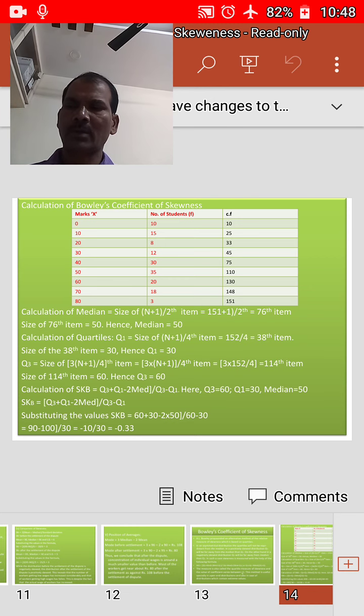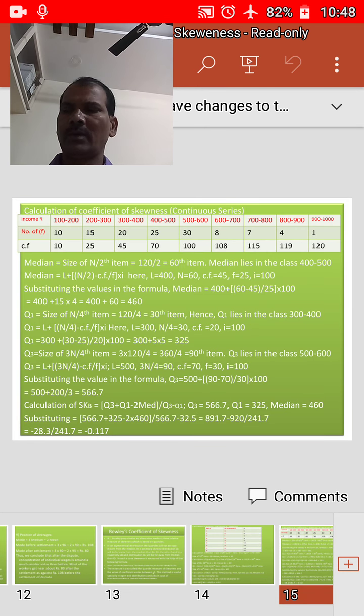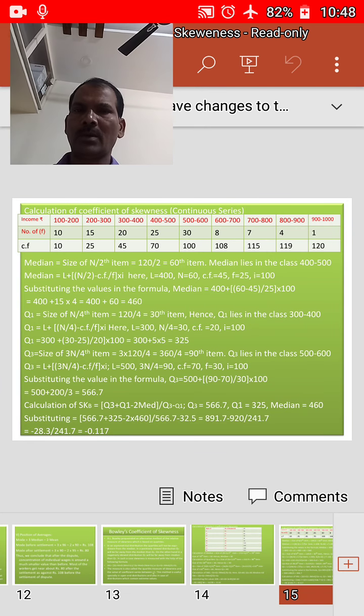Substituting these values in the formula, SKB is equal to (60 plus 30 minus 2 into 50) by (60 minus 30). That is (90 minus 100) by 30, which is minus 10 by 30, equal to minus 0.33. Now we will consider another problem